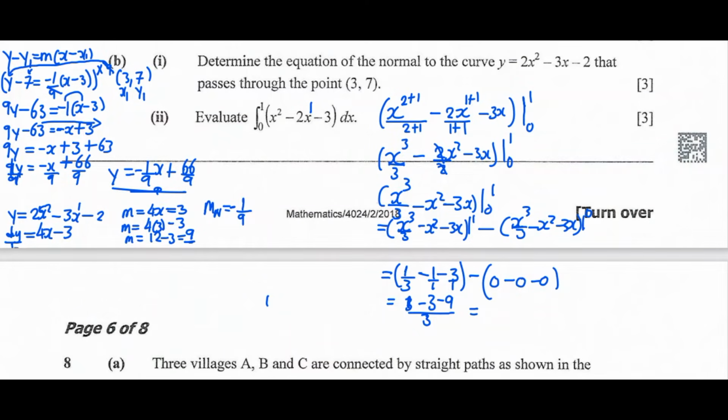Then 1 minus 3 minus this one, so this will give us negative 11 over 3. 3 into 11 is 3, remainder 2 over 3